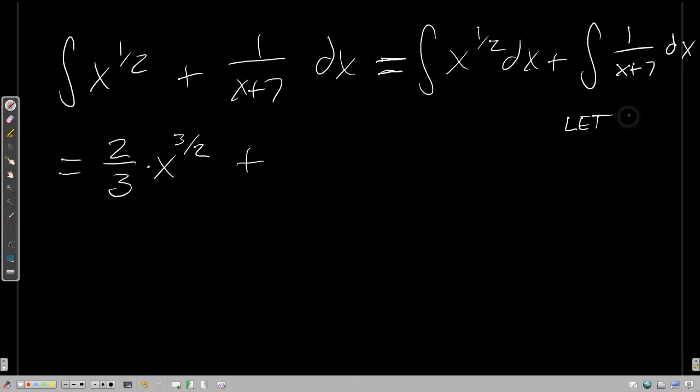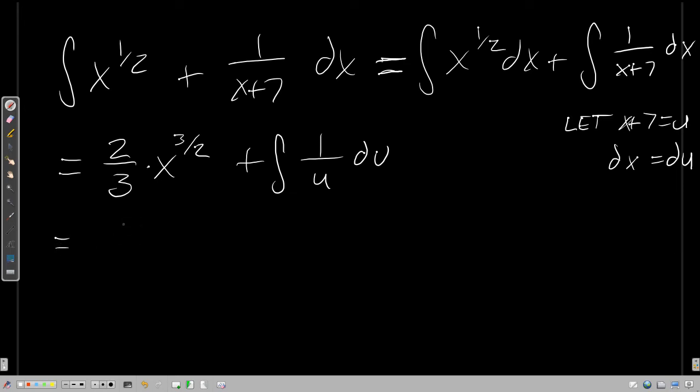The details of my substitution are to let x plus 7 be u, so that way dx is du. Then I should be integrating 1 over u du. And I get 2/3 x to the 3/2 plus the natural log of u, but u was just x plus 7,